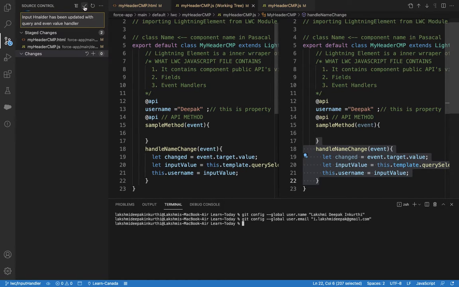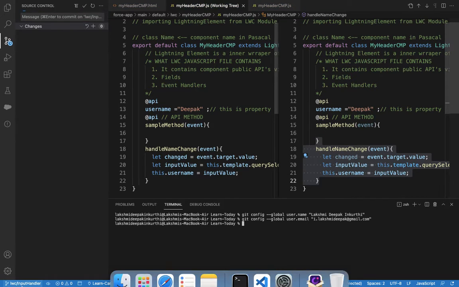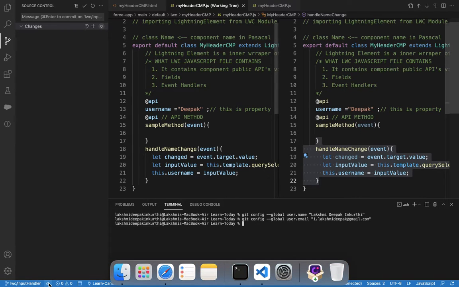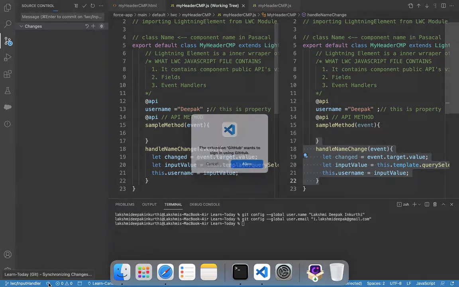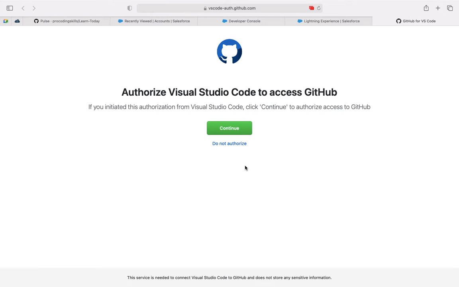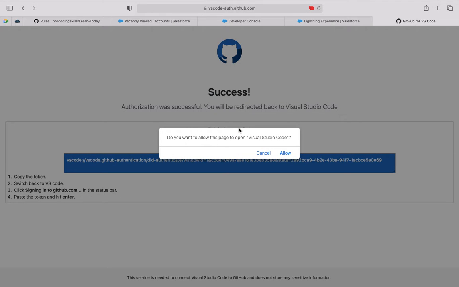Now what I do, I commit it. It got committed. So there is an option here. You can either push through a Git command, or you can click this button. By clicking here, it will publish your branch to the Git repository. The extension allows you to sign in. Okay. Now I need to sign in, because I enabled my username password, but I didn't enable sign in. So it is asking you to sign in to your account.